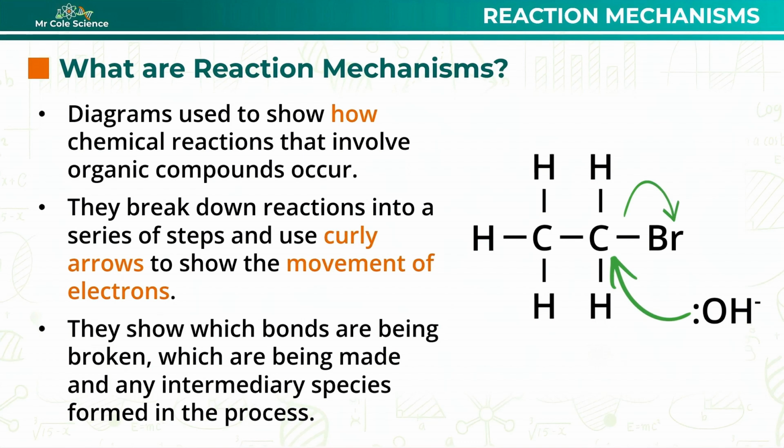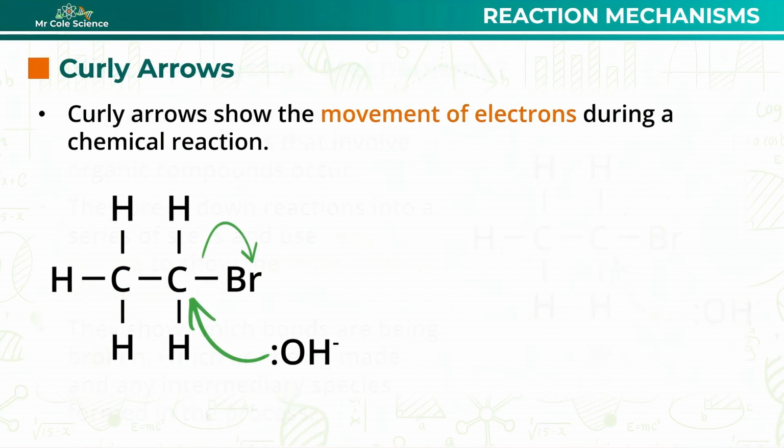And although they can look intimidating and complicated to begin with, getting your head around the foundational principles now will mean that when you come across specific reaction mechanisms in the future, you'll be able to start making sense of them straight away. And the key to understanding mechanisms is knowing what the curly arrows are representing and how to draw them correctly. Curly arrows are used to show the movement of electrons during a chemical reaction, which although doesn't sound too exciting, it is at the heart of every chemical reaction, from the combustion of alkanes to the oxidation